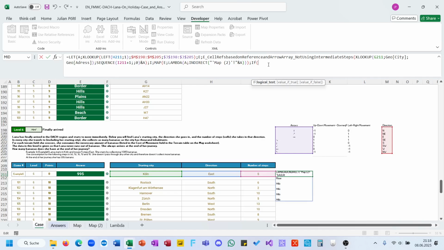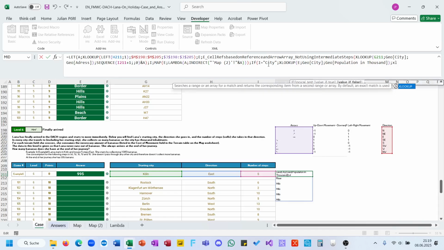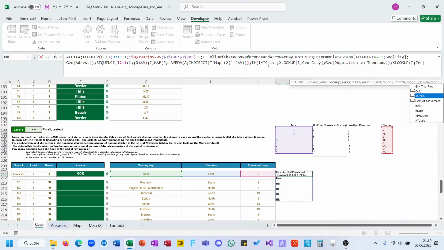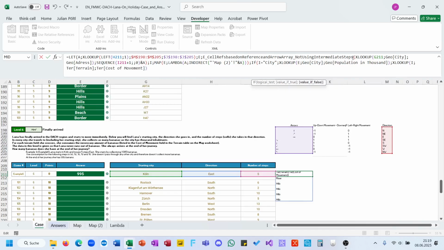And now if I equals city, then I do an XLOOKUP for the address in geo city, returning geo population. Otherwise, XLOOKUP I in terrain, returning terrain cost of movement, and this minus,